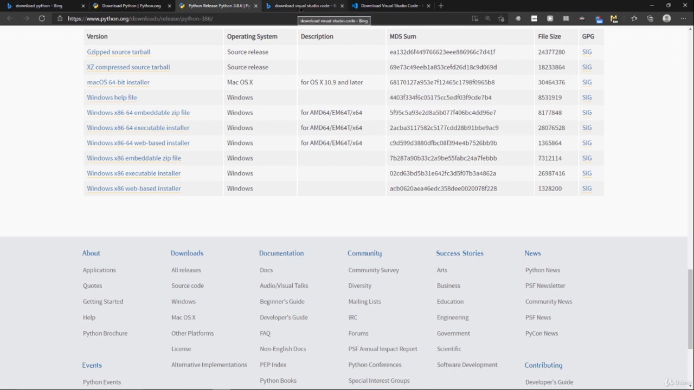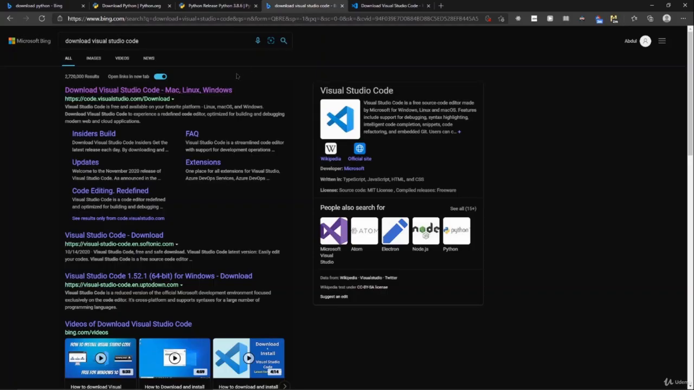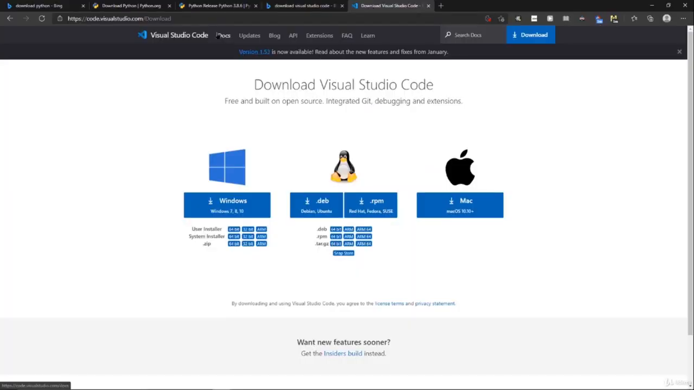Next thing we're going to do is install Visual Studio Code. Just search download Visual Studio Code, and it's very easy. It should come up right here, and then right here, as you can see on this link, you can just download it for your specific operating system. I'm sure that most of you are on Windows or on Mac, most probably on Windows, so just click here